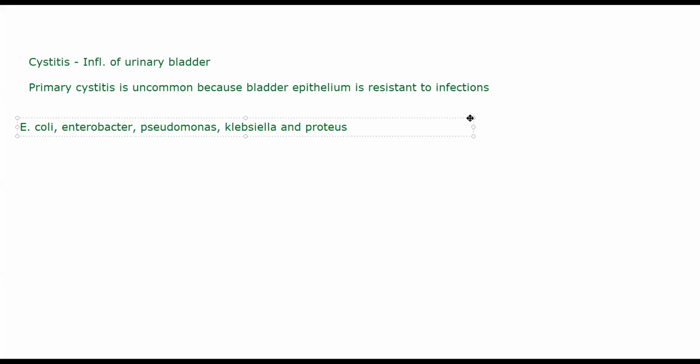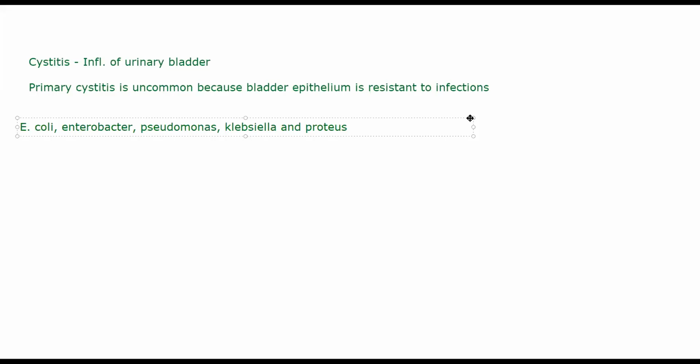Sometimes UTI can also be caused because of Candida, but it is generally the case in immunocompromised patients. Candida, the yeast infection, mainly happens in patients who are immunocompromised or immunosuppressed. See, the difference between immunocompromised and immunosuppressed is that immunocompromised is because of a diseased condition that their immune system is not working properly. That is immunocompromised. It can be infection, it can be any other cause. Immunosuppressed are those patients who are being given external agents that are suppressing their immune system.